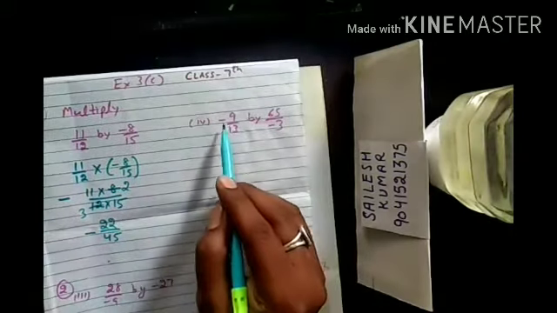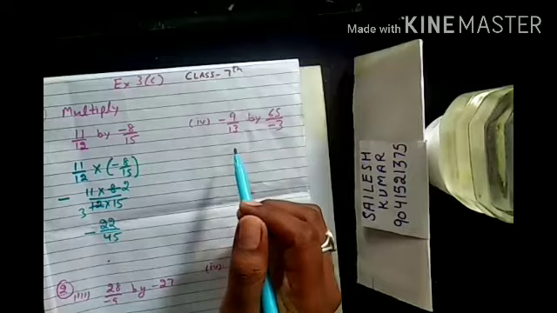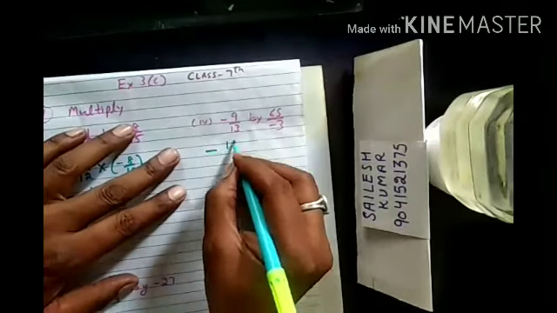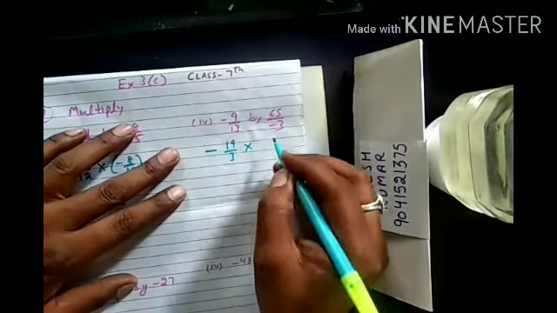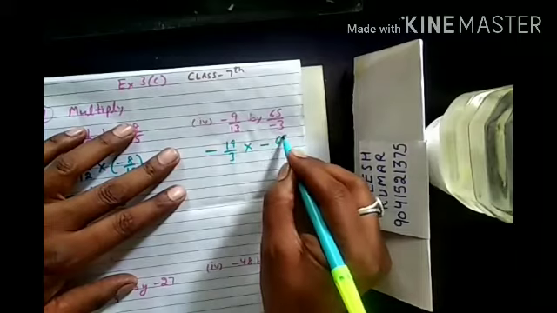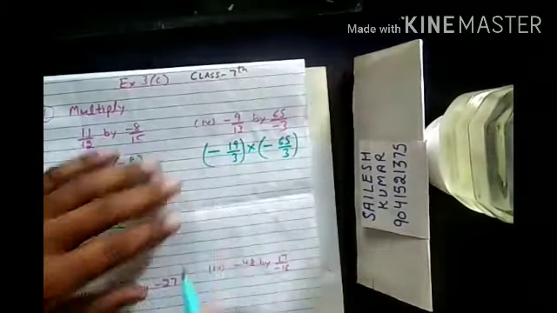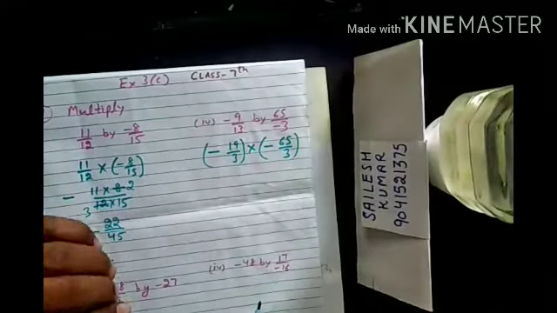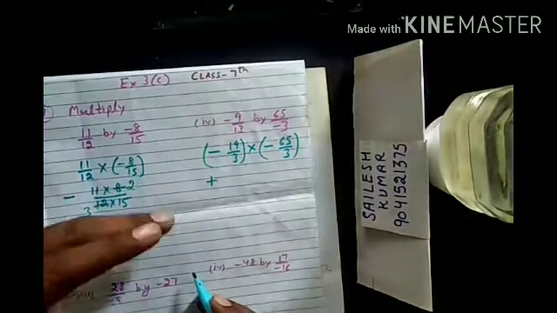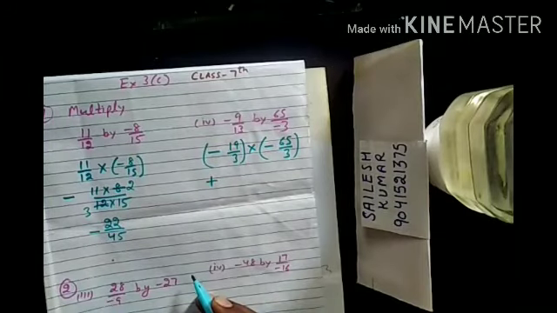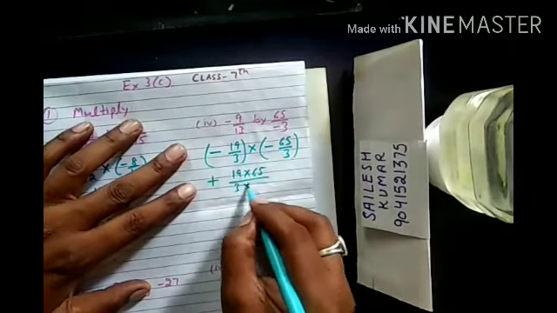Next, here this is minus 9 by 13 to be multiplied with 65 by minus 3. First of all, we will write the negative symbol in the center. Okay, and we will convert this "by" to the multiplication symbol and write minus 3, a minus symbol in the center, and I will write this in brackets, and this will also be in brackets. Now here we know minus and minus when multiplied, the answer is plus. So we may write plus or we may skip plus, that depends upon us. So 19 multiply 65 divided by 3 multiply 3.